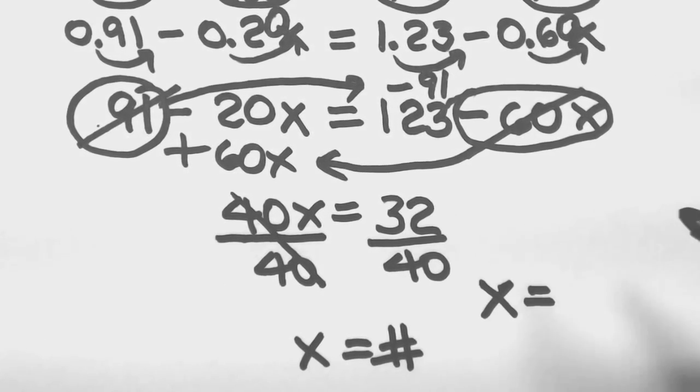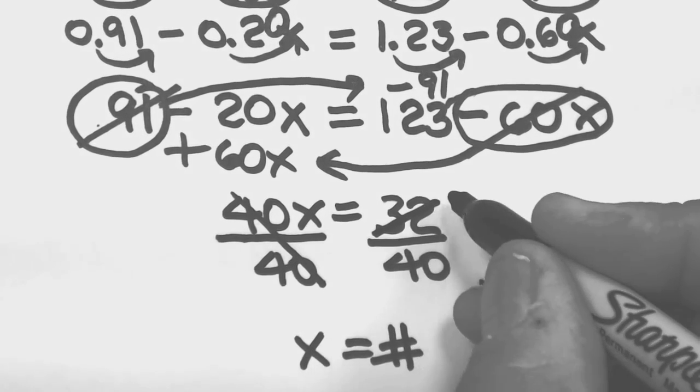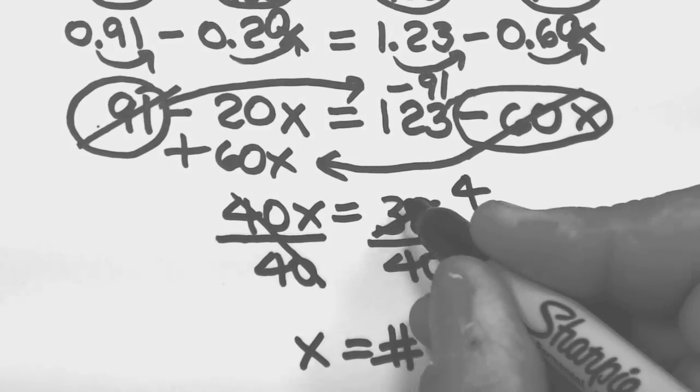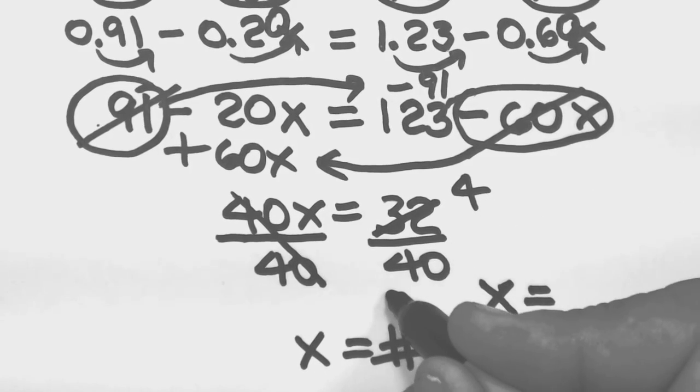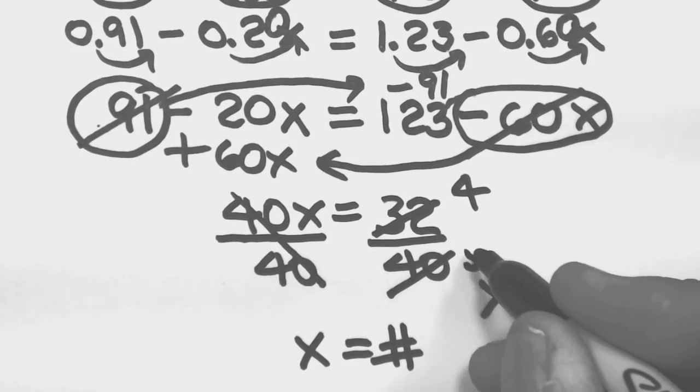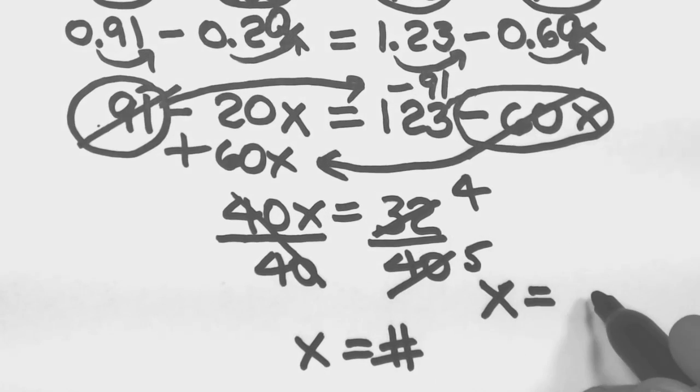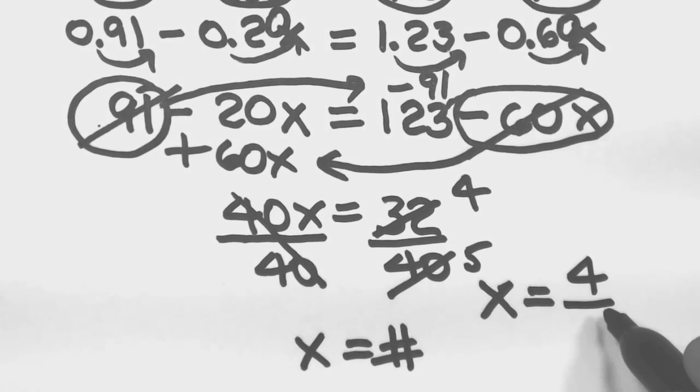8 goes into both these guys. 8 goes into 32 4 times. 4 times 8 is 32. 8 goes into 40 5 times. So we end up with 4 over 5. Okay, well,